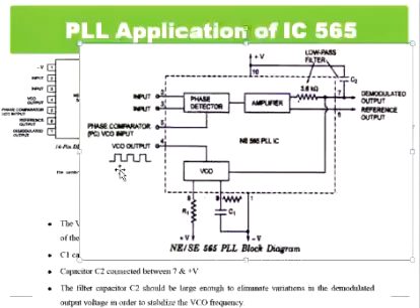The signal goes to the phase detector along with the VCO feedback, and this phase detector will compare whether both signals are of the same phase, or whether they are of equal frequencies. If they are equal, the output will be zero voltage, and if a phase change exists between these two signals, the phase detector will provide an output voltage. This voltage is called the error voltage, which is given to the amplifier to amplify the signal, and the amplified voltage is then connected to the low pass filter.